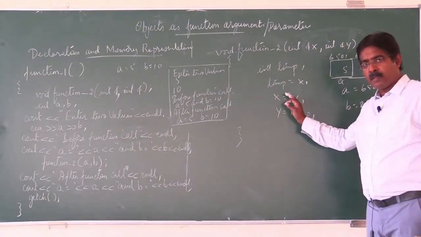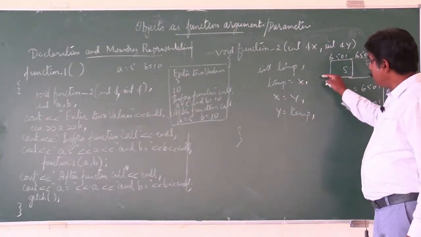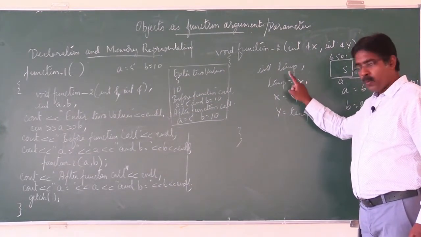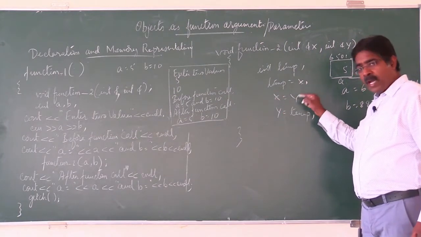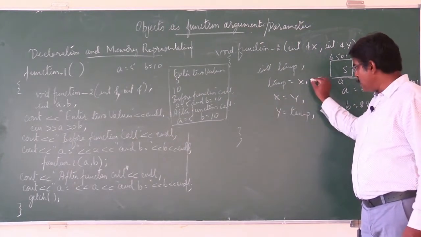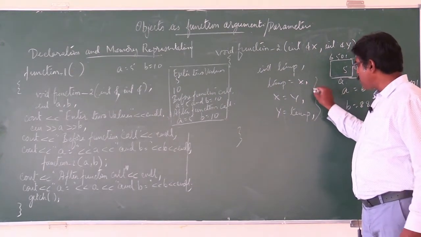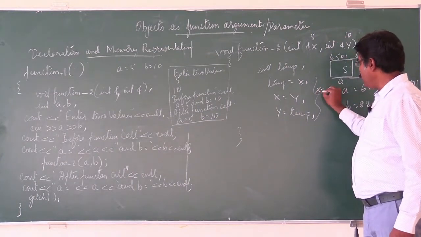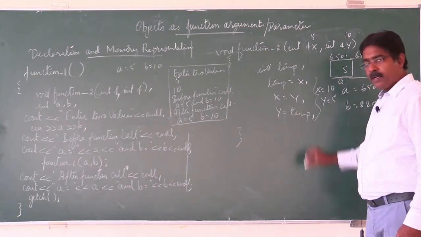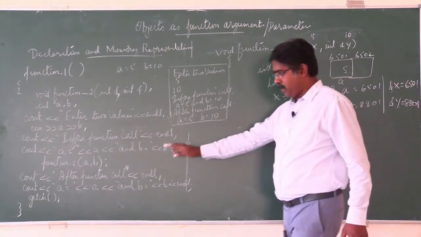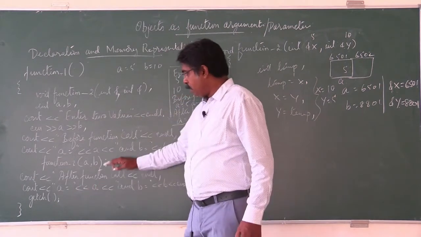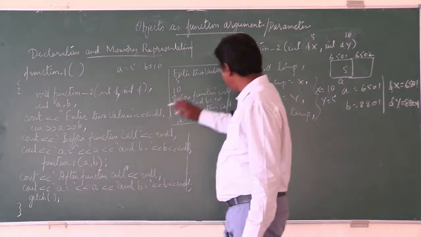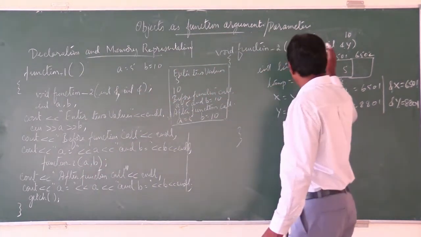If you see the coding part here in the called function, there is an interchange of values. X value has been given to Y and Y value has been given to X. So the resulting output for X and Y will be what? X value was 5, Y value was 10. Then resulting X value is 10 and Y value is 5. And there is a difference here in the actual argument. When the function call statement was made, A took the value 5, B took the value 10.